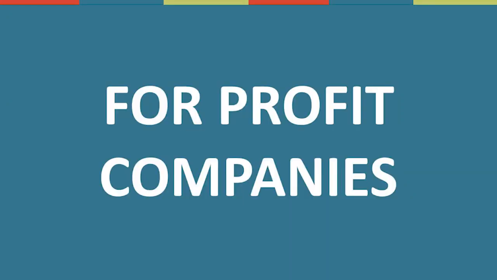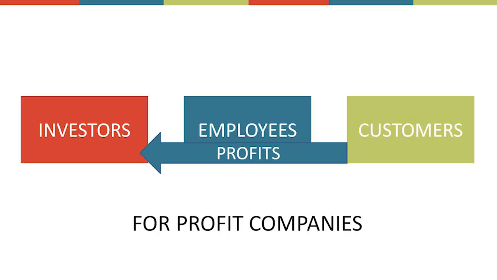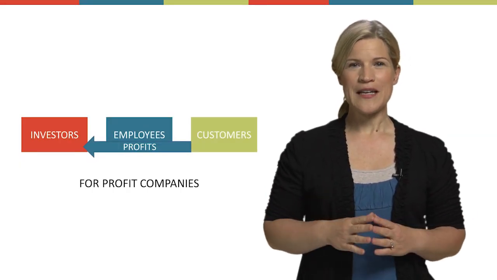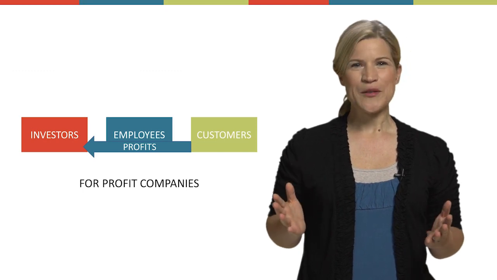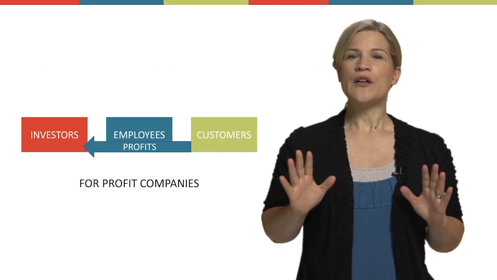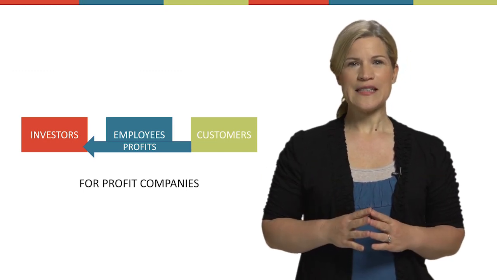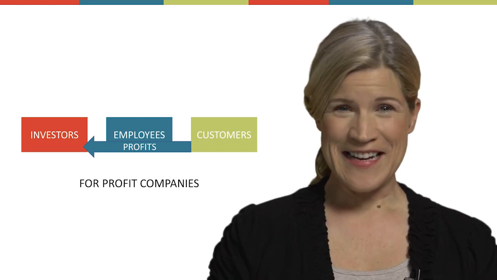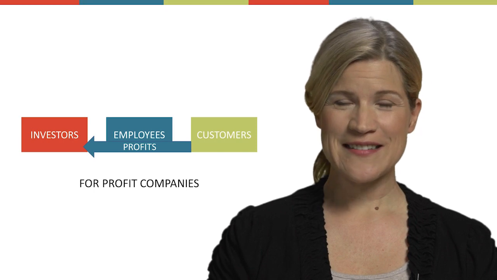Organizations can't operate without three types of people: those who fund them, those who operate them, and those who benefit from them. In a for-profit organization, investors put up the money to start the company. Sometimes it can be a single person or a group of people, but it always starts with someone funding the business in that critical time before it starts to make a profit. And the idea is to make a profit.